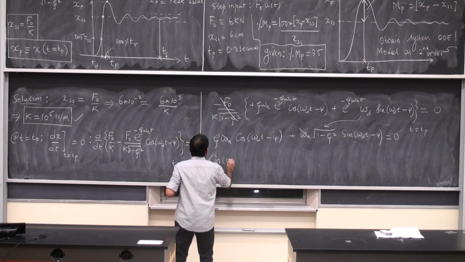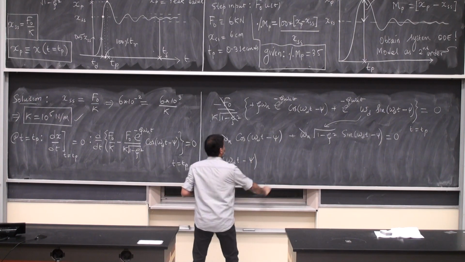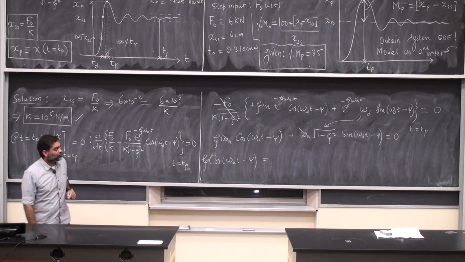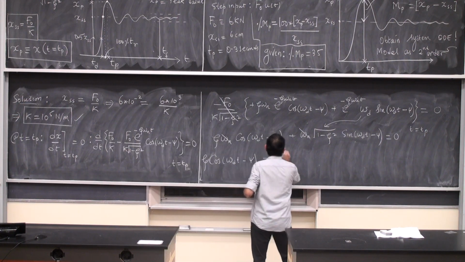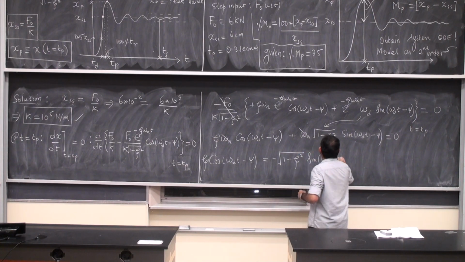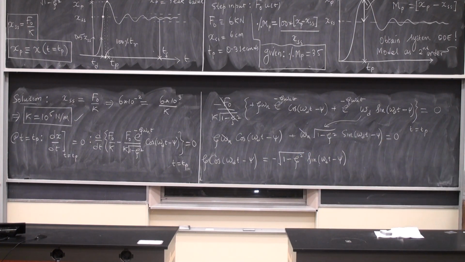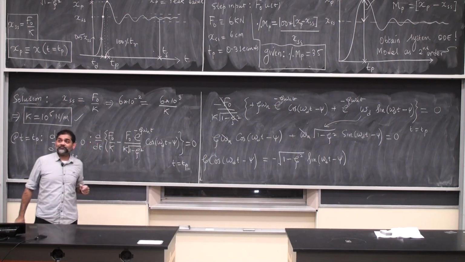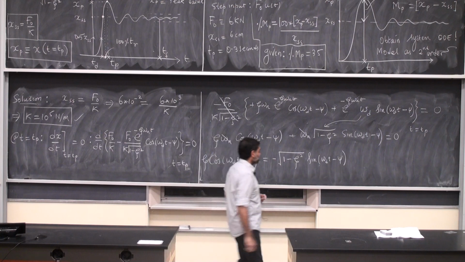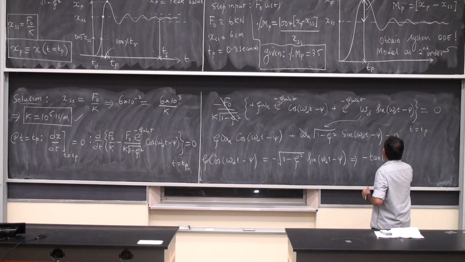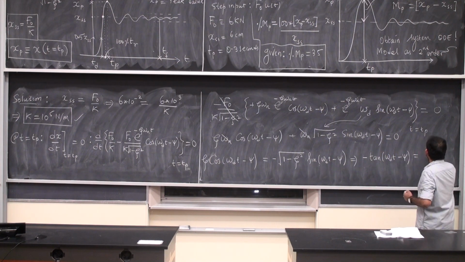The cosine of omega d t minus psi, and I have a zeta, which I have to write here, minus square root of 1 minus zeta square times sine. I take the cosine, bring it underneath the sine, so I get a tan. Okay? The tangent of omega d t minus psi with a negative sign is equal to